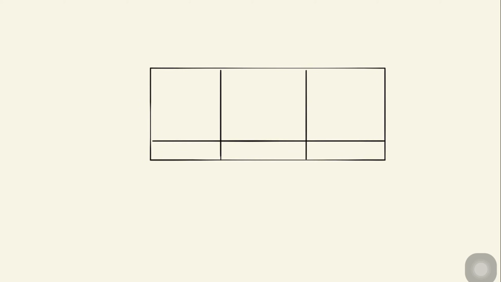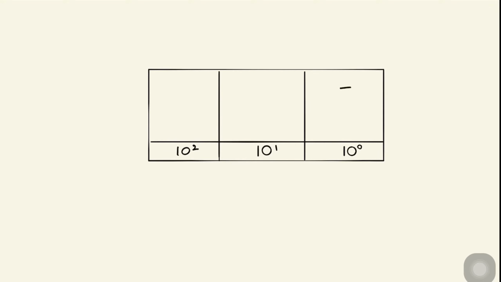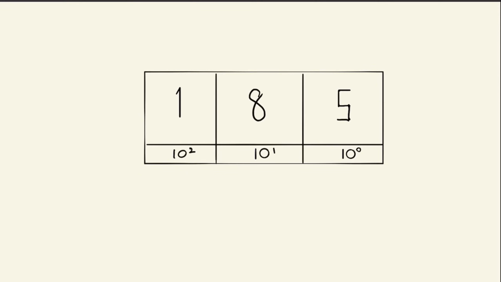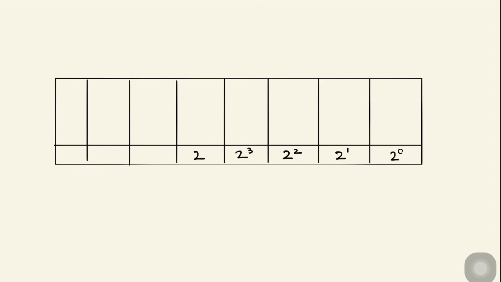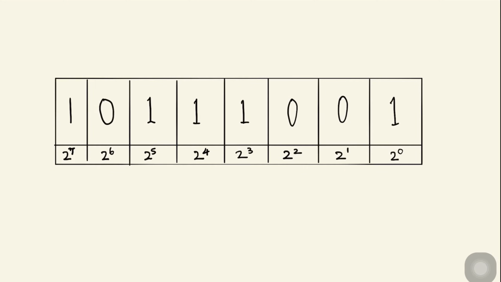Recall how we represent a normal integer in base 10. The number 185 is a representation of 10 power 0 into 5 plus 10 power 1 into 8 plus 10 power 2 into 1. Similarly, in base 2, a number is represented by the summation of each bit of it multiplied by 2 to the power its place, such that the bit in the zeros place is multiplied by 2